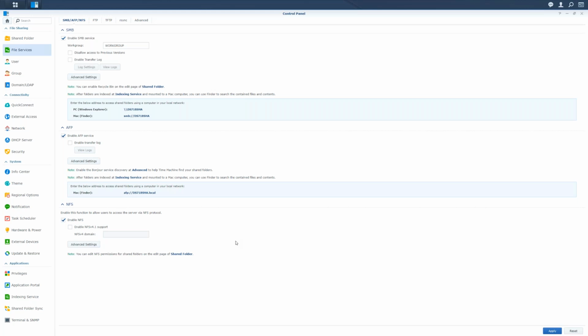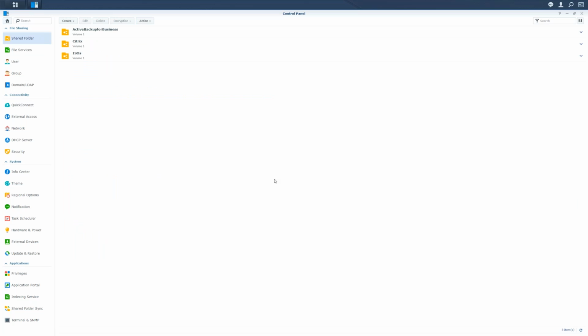The next thing to do for NFS is to go to the Shared Folder section. Shared folders on a Synology NAS are the level at which you access the data. So we have your storage pool, which is your RAID. Then you have a volume on top of that. And then the volume holds the shared folders. So you don't access the volume, you don't access the RAID directly, you access the shared folders.